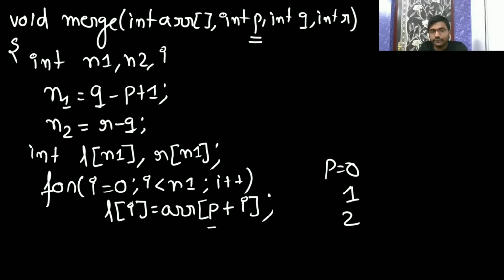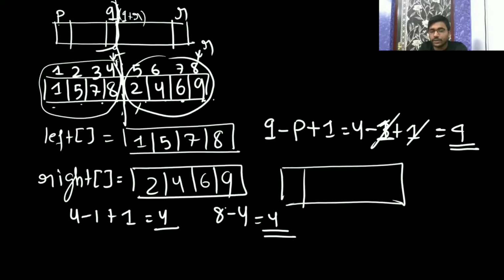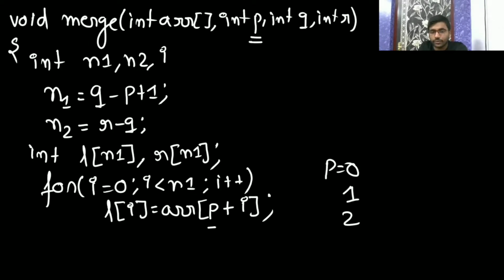So in the left half I have stored all the elements of the left half. This element I have stored, this element I have stored, in L. Now I will store the right half. So for the right half, again I will use for i equal to 0. The right half array is going to have elements till n2, and I will store i plus plus and right i.